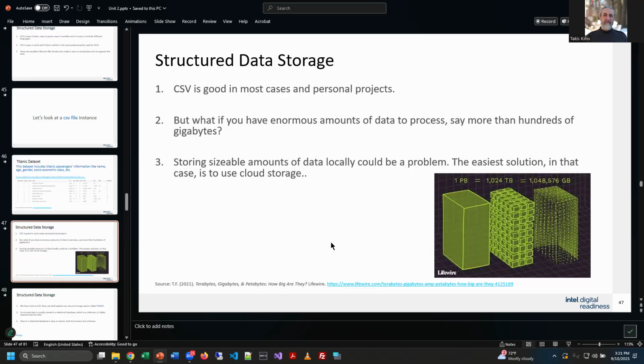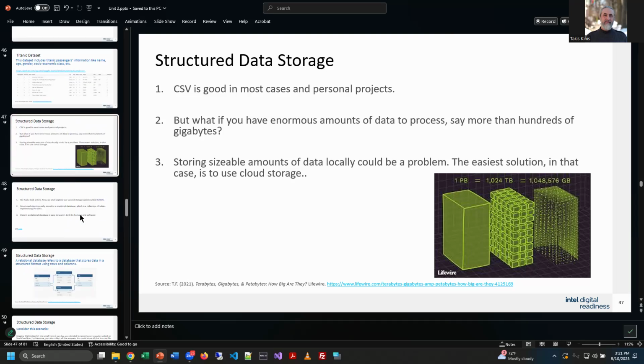I don't know if you've ever done that. If you download movies and games, you fill them up really quick. If you're just downloading text files, you can go for years, not a big deal. But when text files are filling up that much space, we're dealing with vast amounts of information. Then we have to start looking at the cloud for storing this stuff. It's really our only option.